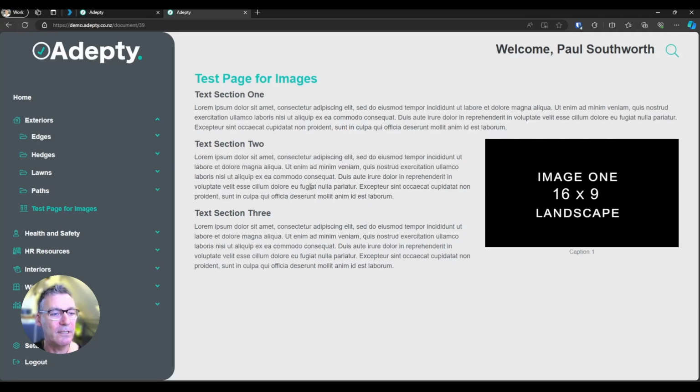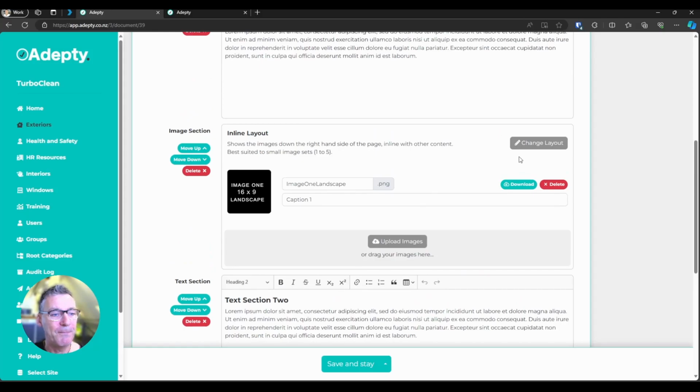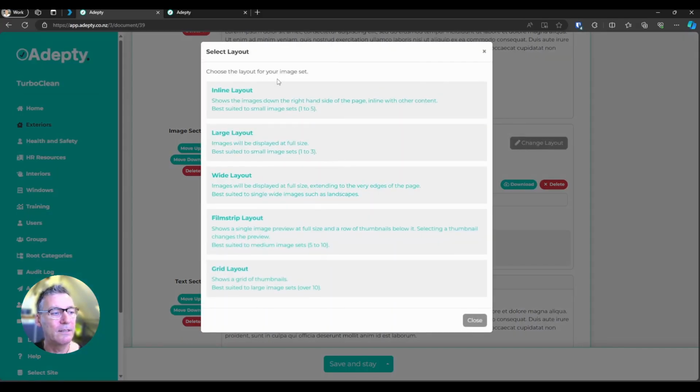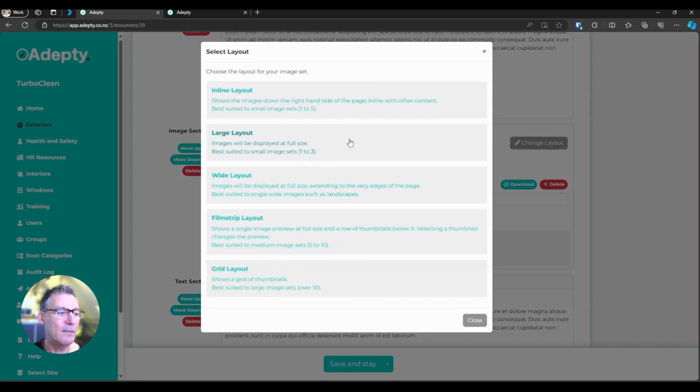So you can keep going and you go, well, that's cool, but it's, you know, it's off to the right. I actually want it in between text sections. So you've got these layouts. I'll just quickly show you how they run. We can come in here and on any image section we can choose our layout, right? And so currently by default it runs on inline layout, and I'll just show you that. You can see here it says inline layout, so we can change our layout and we'll go to large layout